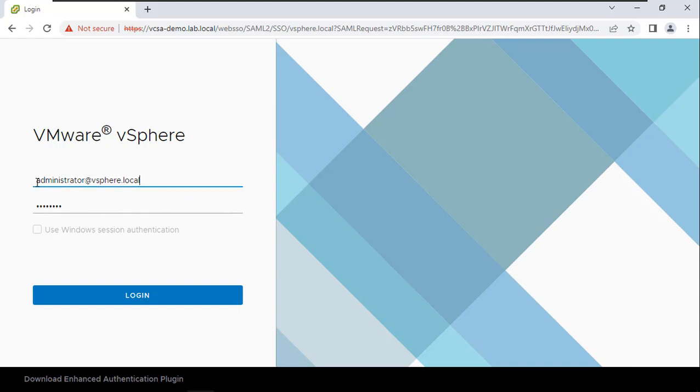And the username that I'm going to put in is administrator at vsphere.local. vSphere.local was the single sign-on domain, or SSO domain, that I created when I was setting up my vCenter server appliance. And I also established a password for that as well, so I'll put in that password here. And so I'll just go ahead and click on login,